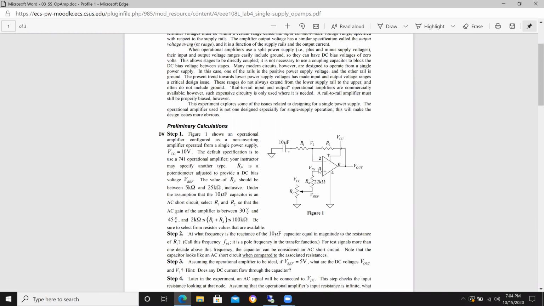What do we have right now that's unique about this amplifier? You have two different types of gain, right? You have DC gain and AC gain, okay? What's our DC gain? Our DC gain is unity, right? Because this capacitor blocks the DC, okay? Our AC gain in our midband region, when both capacitors are acting as shorts, is 1 plus R2 over R1. So your circuit is going to have a gain of 30 to 45 for AC and a gain of 1